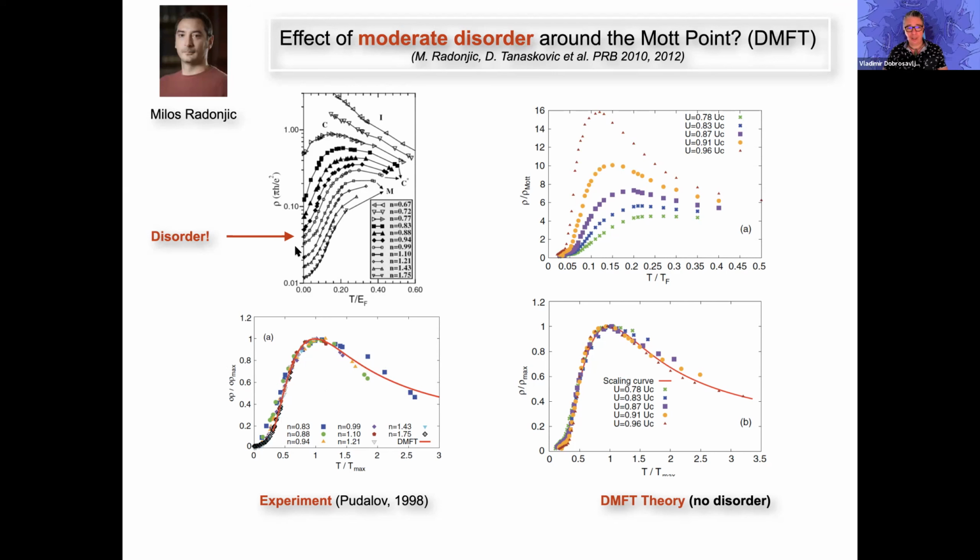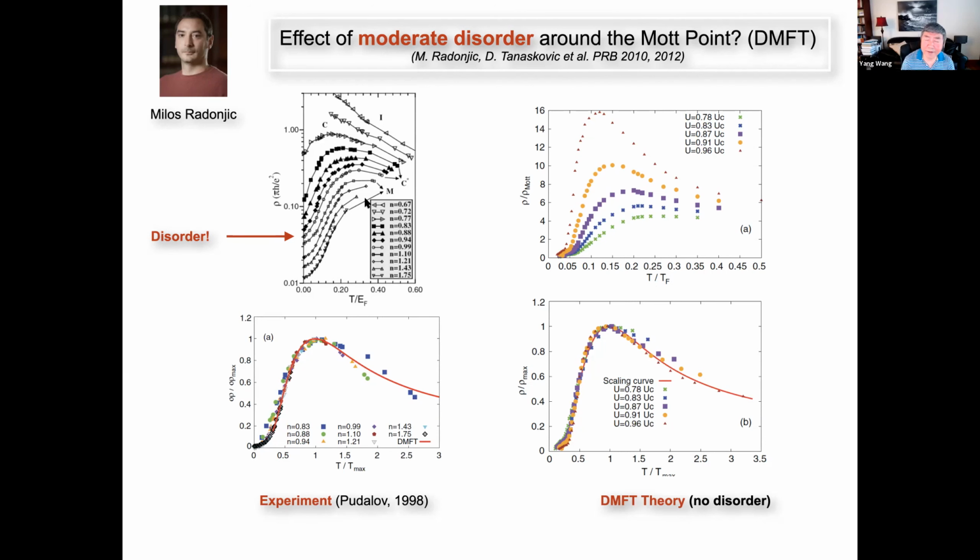But what I want to emphasize here is that in this material, there definitely is disorder. You can see the residual resistivity in the experiment is not zero. In fact, it's not particularly small either. So we had to subtract that before we compare to theory. But then what we found is that the finite temperature component of the resistivity is very weakly affected by disorder. And when we compare the temperature-dependent part to theory, then we find perfect agreement, even though the theory had no disorder. So that means that the thermal effects here in this strongly correlated liquid, yes.